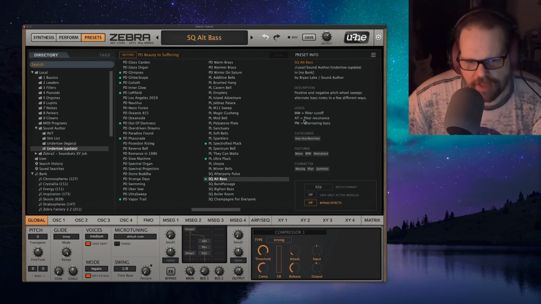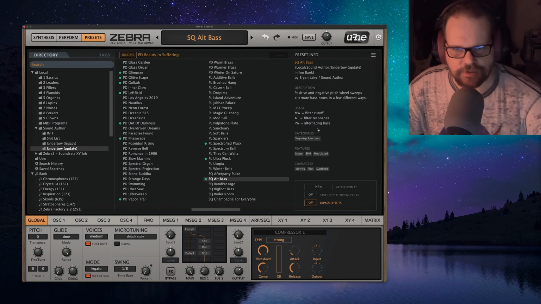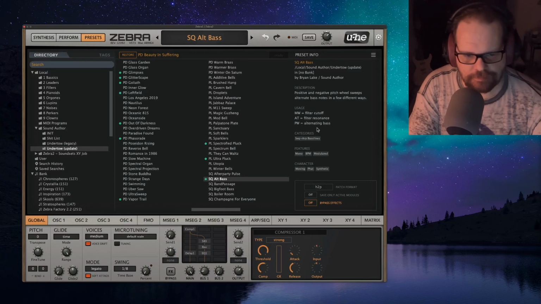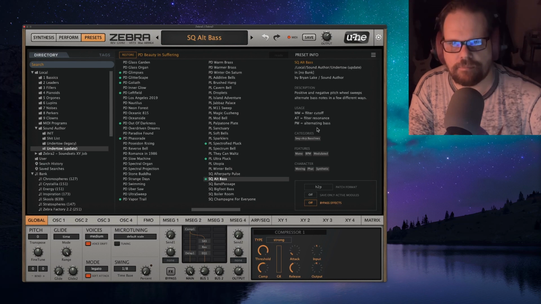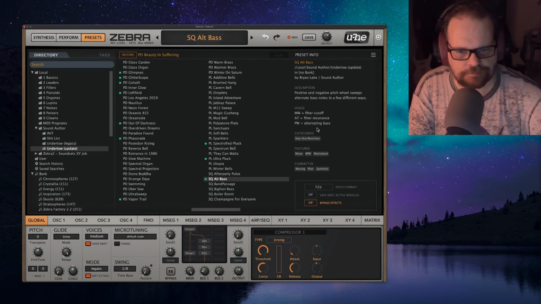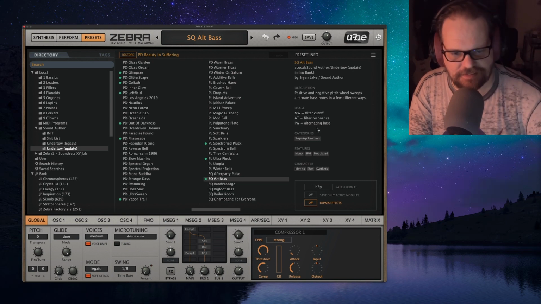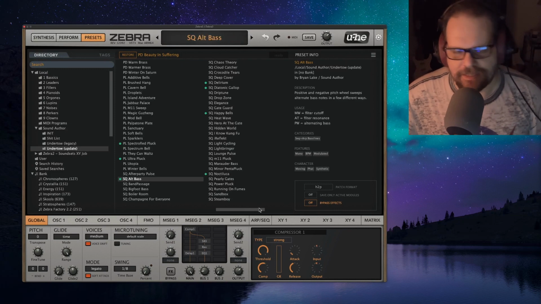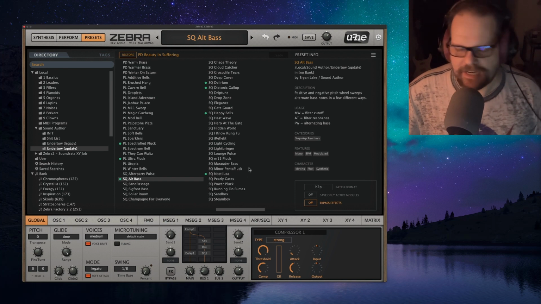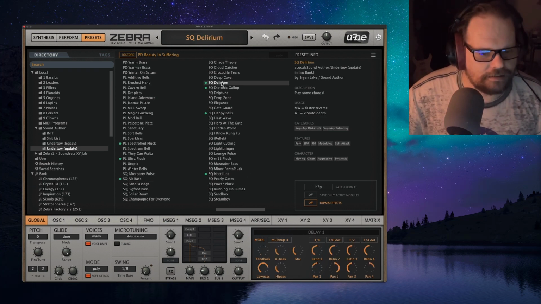And this is an interesting patch. You can see in the usage info, it says alternating bass for the pitch wheel. So instead of bending the pitch, it actually changes the bass note. I'm moving the pitch wheel. It's something else that you have to be on. It was an idea I had. Maybe the whole pitch wheel thing for alternating basses is a better concept than it is a reality. But I just did it because I could do it. So